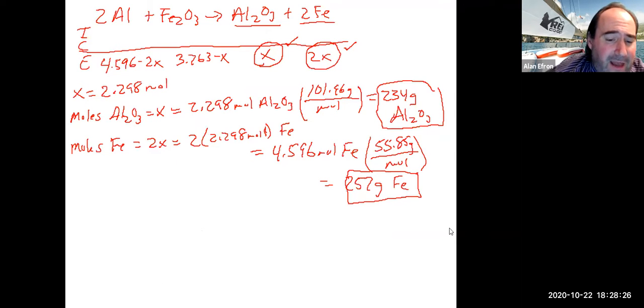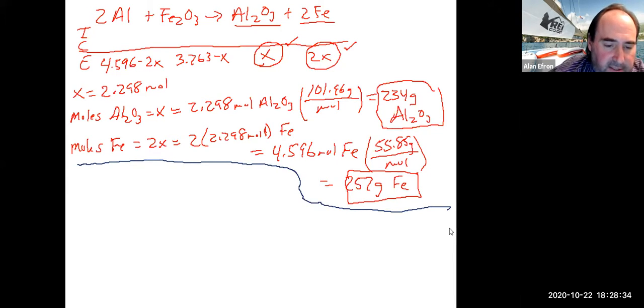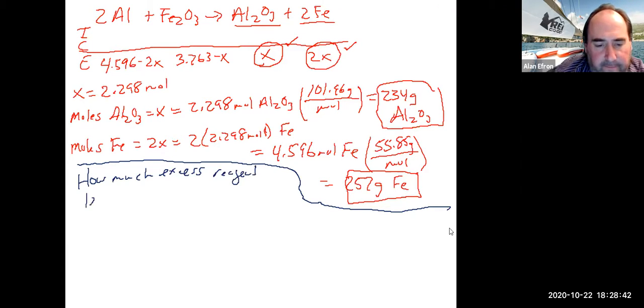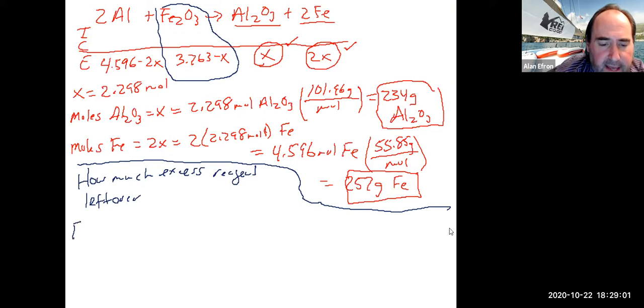Okay. Now, an added benefit of this approach is that it is very commonly asked how much of your excess reagent is left over. Normally, if you don't do this approach, you have to go back to the beginning and do a few more calculations. But for us, we know that our excess reagent is our iron 3 oxide, which we could see from our table when it's all said and done is equal to